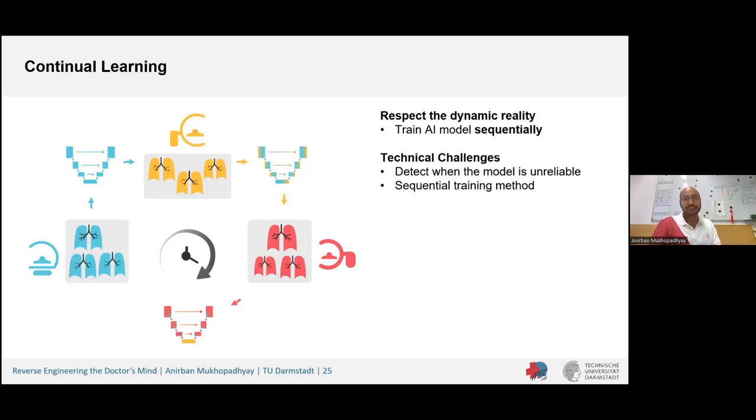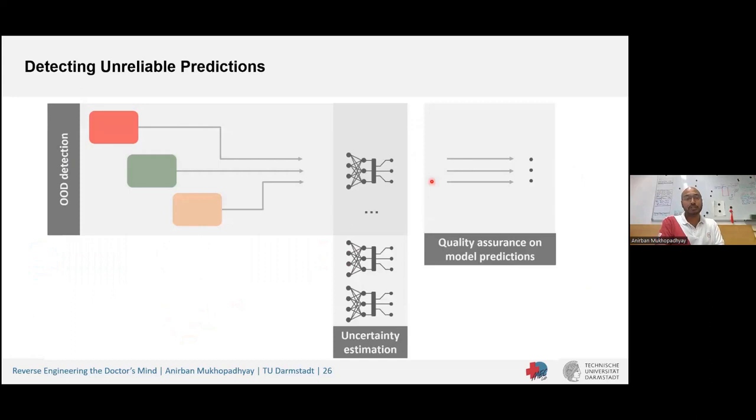Now, the first part of this technical challenge is to detect when the model is unreliable. If you are looking at this, you can detect it in 3 different ways from 3 different sources. You can look at the out of distribution detection at the sample level. You can use the uncertainty of the model itself, or you can look at the final product that is coming out of the model and try to assure a certain quality of the model. We worked on all 3 of these directions, but for this talk, I will focus only on the